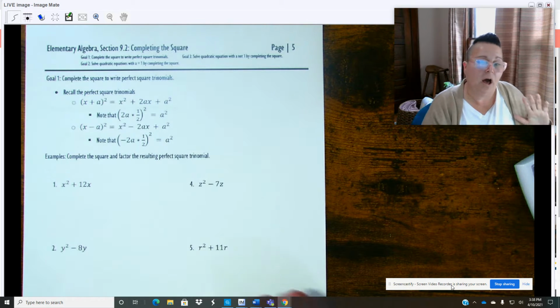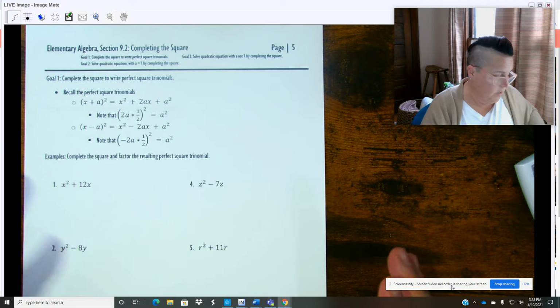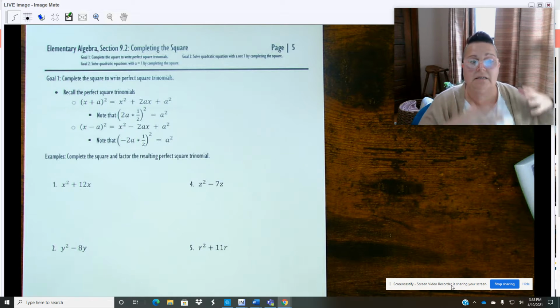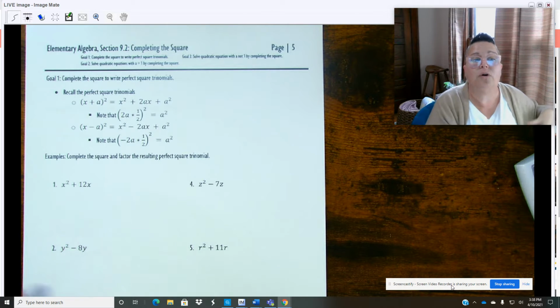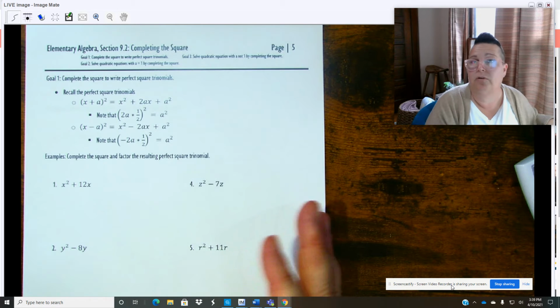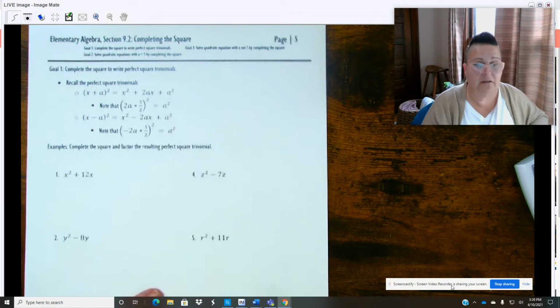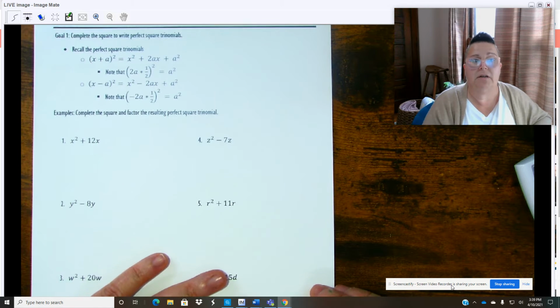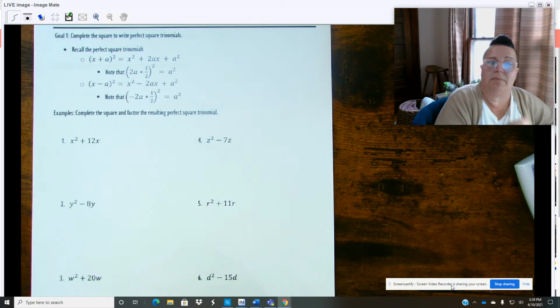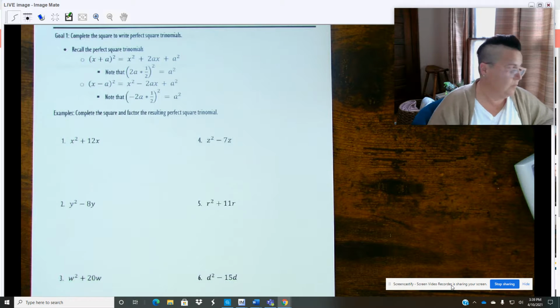So I've got 6 of them to practice here. We're going to complete this. We're going to force these into perfect square trinomials. These are not perfect square trinomials right now, but we're going to force that particular option. So we're going to manipulate these by forcing them to be perfect square trinomials. To do that,